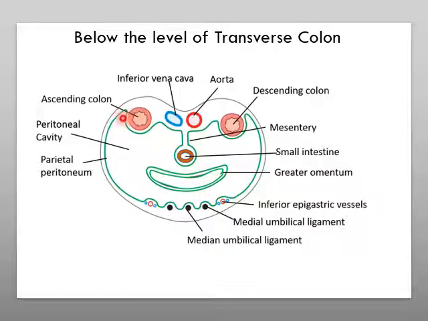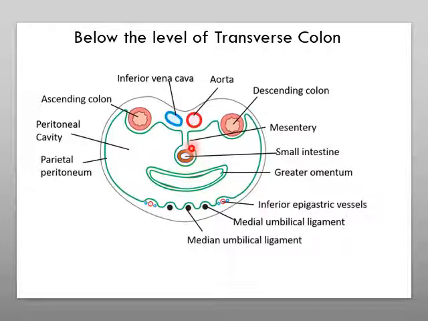The thing you need to appreciate here are these grooves which you are looking at here, the sides of the ascending colon. This one is the paracolic gutter. Now, moving on, after covering the anterior and sides of the ascending colon, it is moving on to the left side, covering the anterior surface of the inferior vena cava, and it becomes the right layer of the mesentery, covers up the coils of the jejunum and ileum, that is the small intestine.